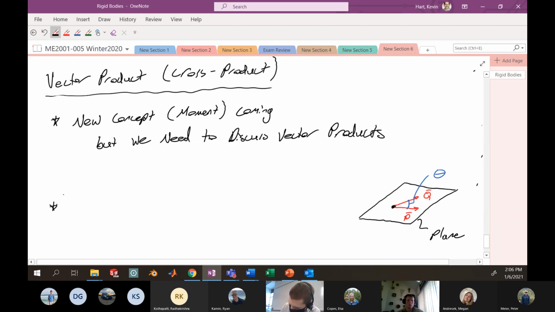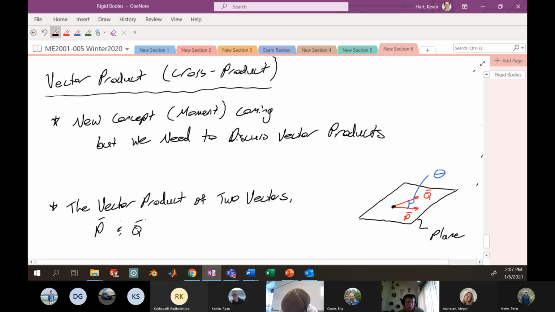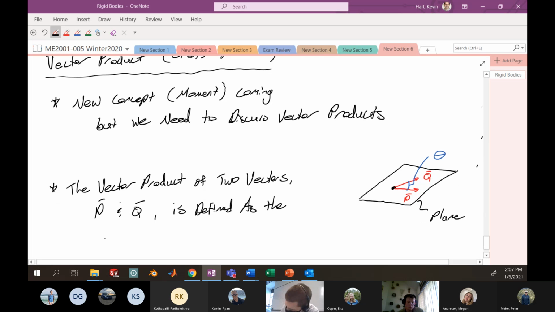Okay, so the vector product of two vectors P and Q is defined as the vector V, subject to some constraints, which satisfies the following: